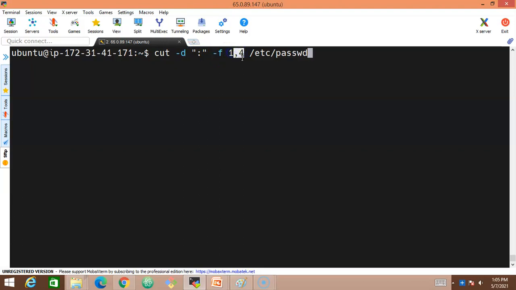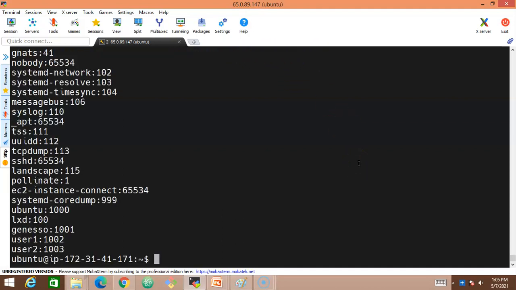And how is it differentiating? With the help of a delimiter option, which is a colon here. Press enter. Look at this. The first field is the username and the fourth field is the group ID.